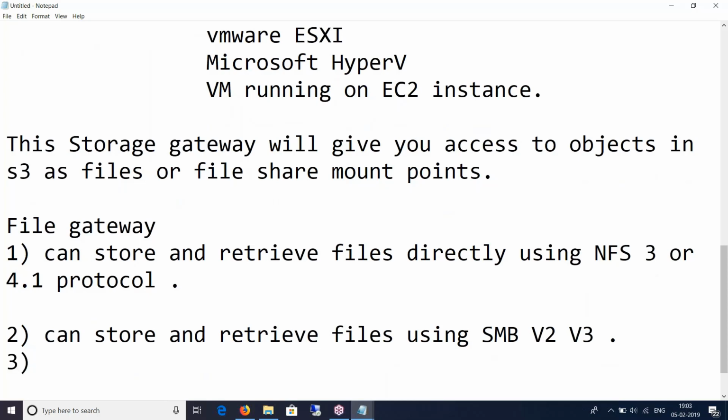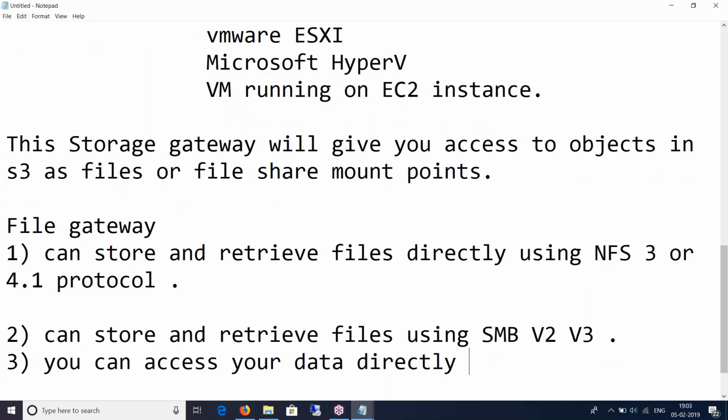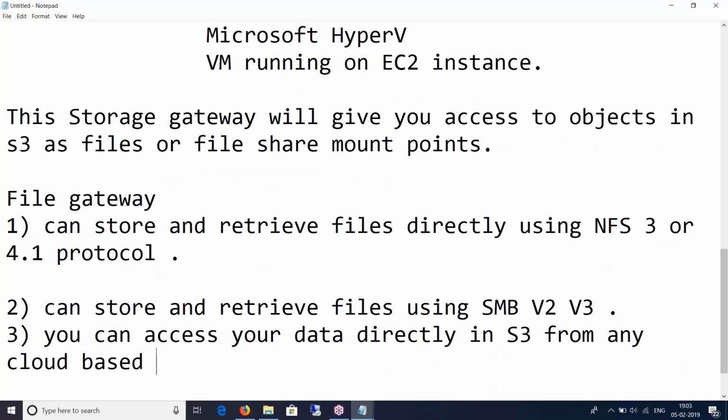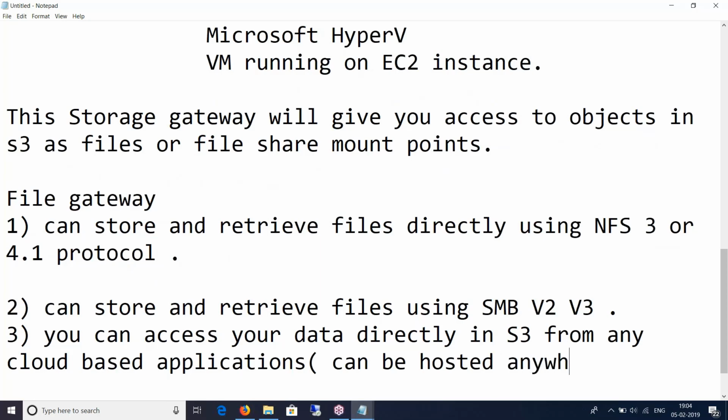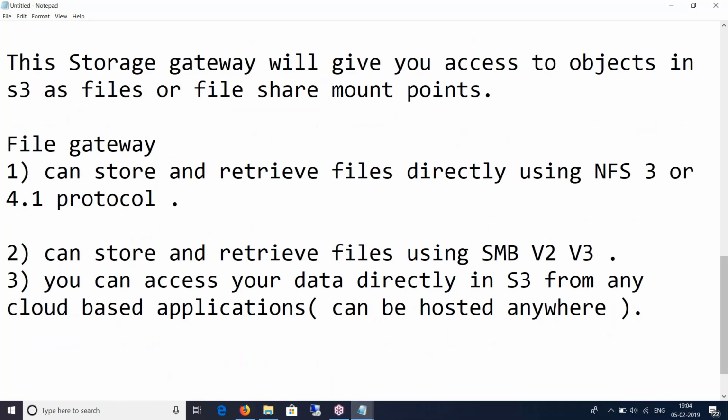And the third thing is that if you do either of these, point 1 and point 2, you can access your data directly in S3 from any cloud-based applications. And these cloud-based applications can be hosted anywhere, just anywhere, because it's a gateway, and the gateway will have a public IP address.